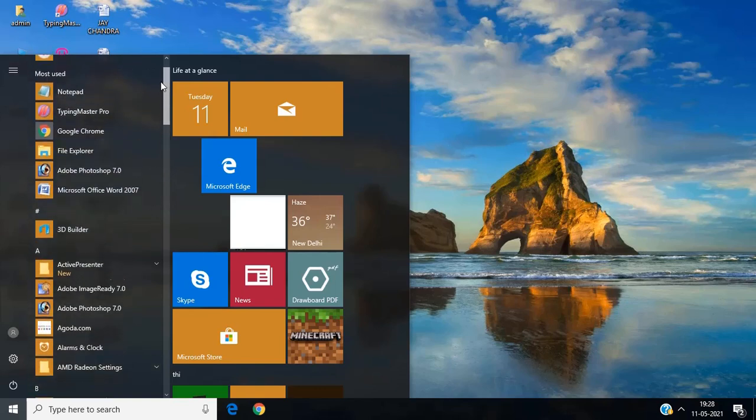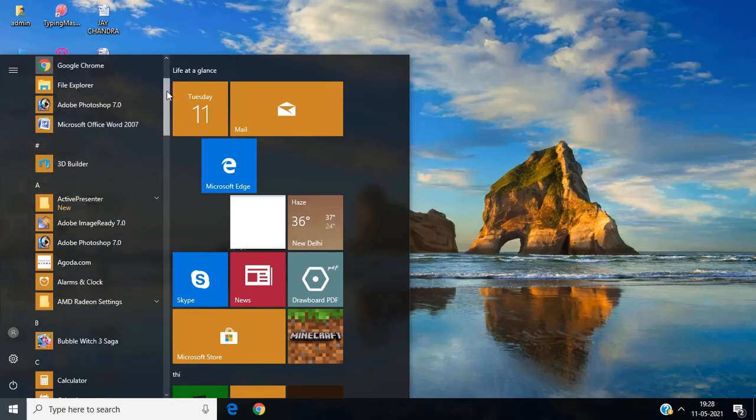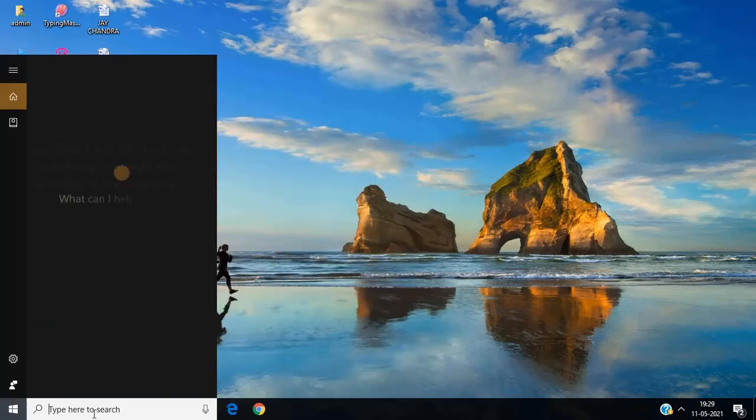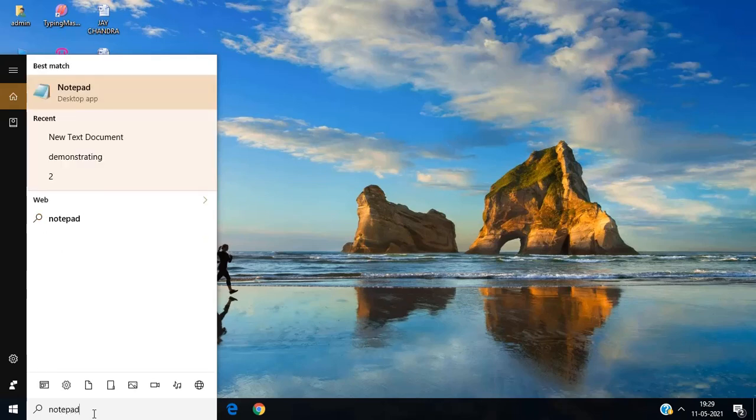These basic type of documents are present in the folder accessories. Normally, in the start button we will get that accessories. If you want to type, you can type in the search button as notepad, and you will get the app there.